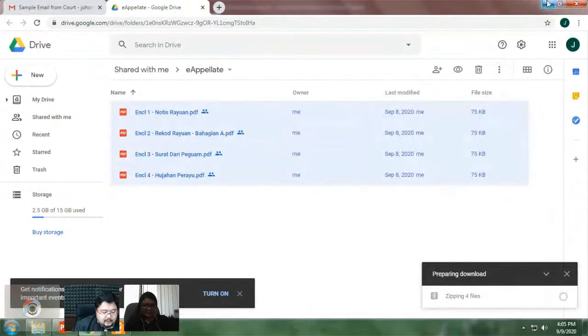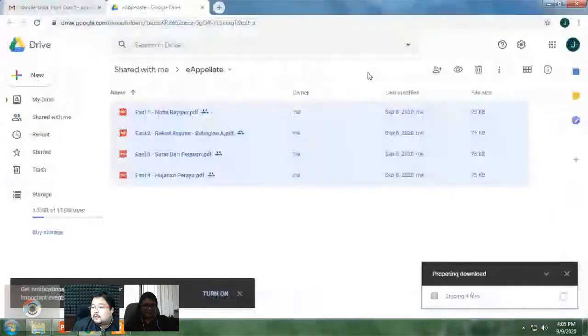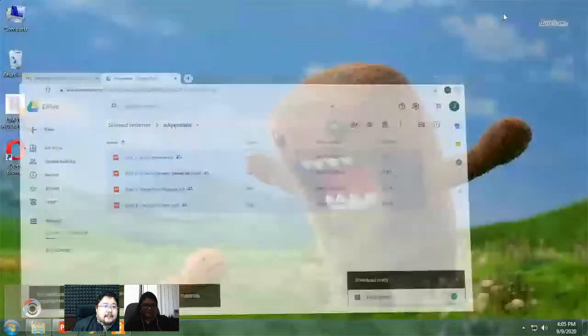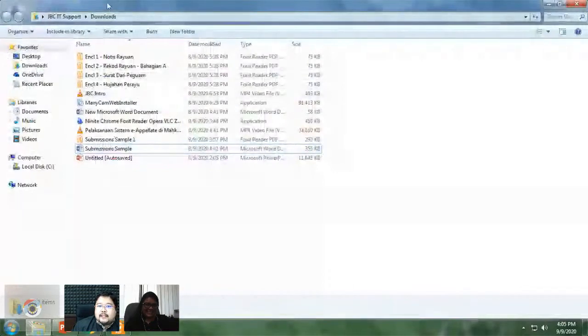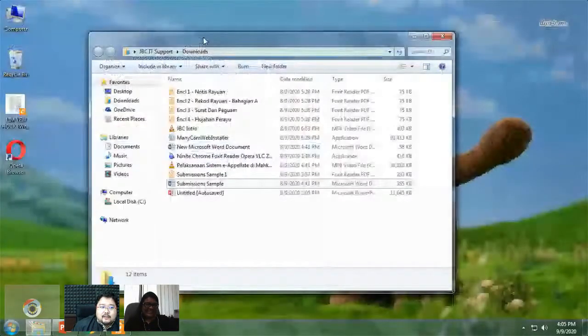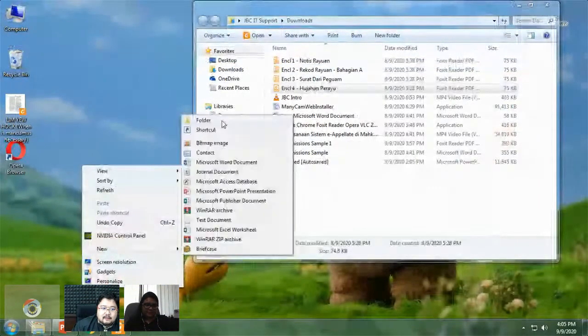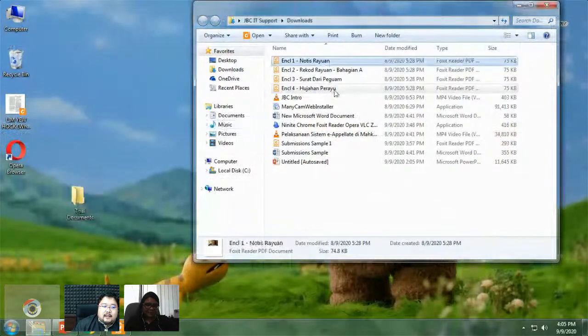So it's good to keep a local copy of this. So where is it? It's probably in the downloads folder when you download it, right? Okay, let's assume I did download it and it's here. A good file management will probably say create a folder, and then put all the documents there.